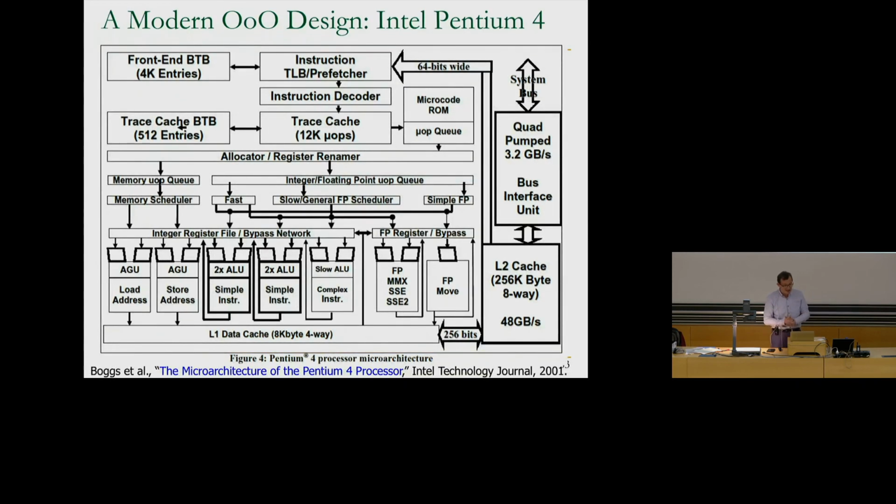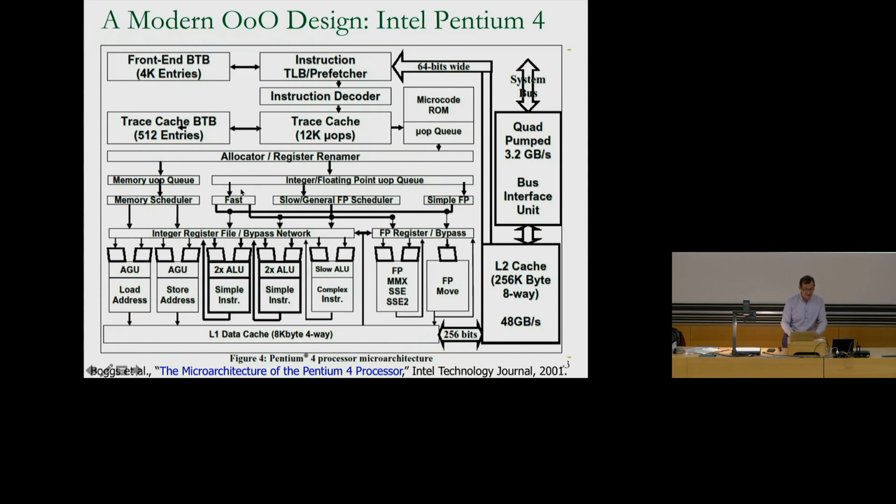If you look at a modern design, I don't expect you to understand everything over here, but it has a lot of the concepts that we have over here. If you look at this allocator register renamer, it gets instructions from what is called the trace cache, which is a special form of instruction cache. It renames the registers, and then it sends the instructions to different reservation stations, as you can see. Memory scheduler, this is the memory part. And it has a floating point unit scheduler, simple floating point, or slow and general floating point unit, and a fast integer